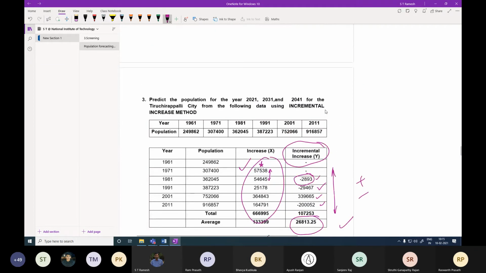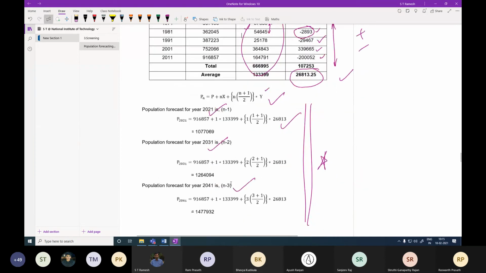So please remember, let me repeat again. You just find out the increase in the population with respect to the decade. This we have already calculated, and the incremental increase also you can calculate. With respect to increase, mark it plus, decrease you make it negative, and take out the average and use the third formula, that is Pn is equal to, which we have already discussed or derived. Use this formula to calculate the population in the immediately next decades. After 2011 is 2021, 2031 and 2041, by using n value as 1, 2 and 3 after 3 decades. Is it okay?